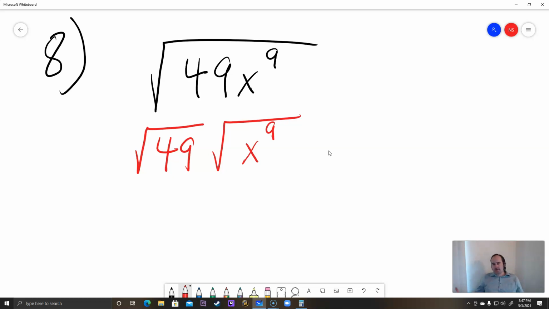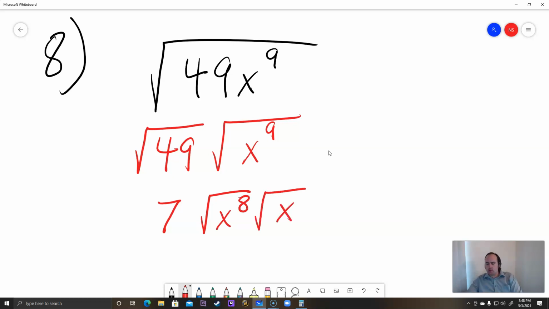And I think we should all know that 7 times 7 is 49 from our times tables. So the square root of 49 is just 7. But then the weird part of this problem is, how do you deal with the x to the 9? Well, once again, you want to factor it in such a way that we can simplify a square root. And the trick here is to actually factor it as the square root of x to the 8 times the square root of x. Why am I allowed to do that, and why am I doing that? Well, first of all, I'm allowed to do it